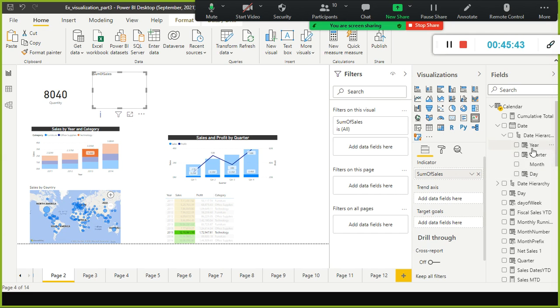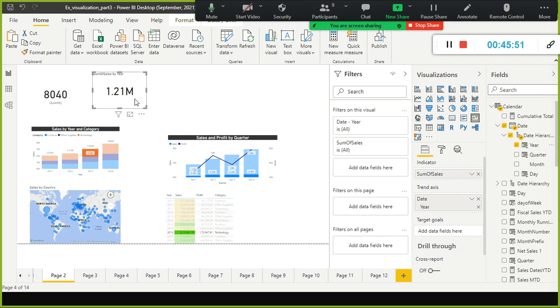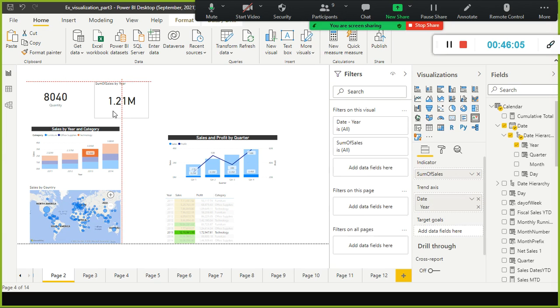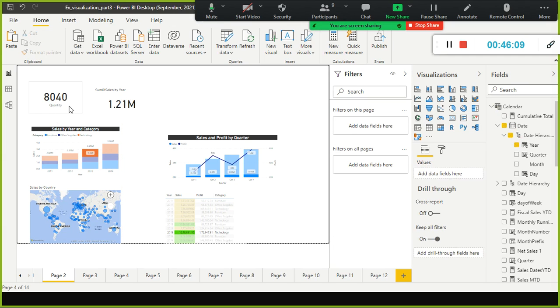So all the things you cannot remember, certain things, right? So what I will do is I will just put it here in trend axis. So now I'm able to get this one. But still, we have something called target goals here. The card is helpful to understand quickly how many units we sold so far, for this year, how many number of things.